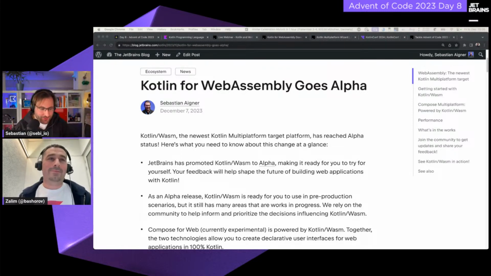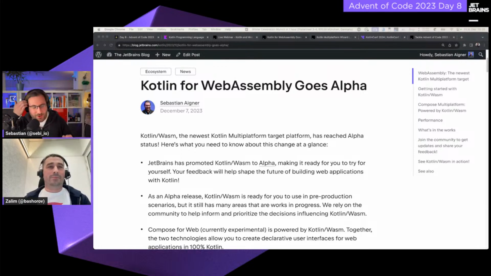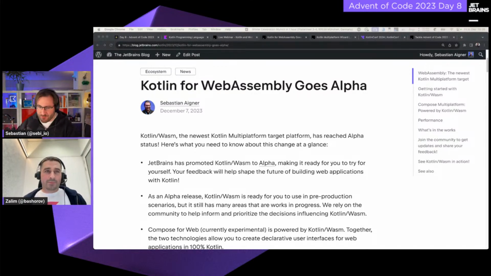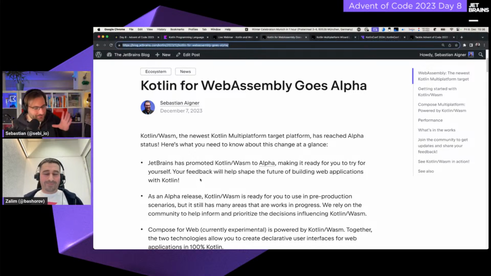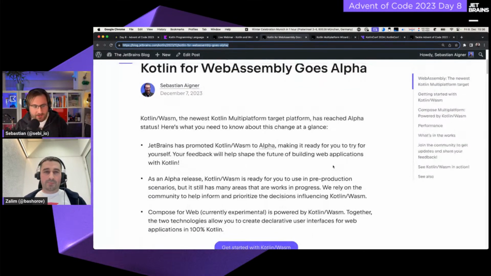That much I've been told, and I'm very excited about this. But of course, we do encourage you to start your own Kotlin for WebAssembly journey, maybe after the stream. So do stick around. But up until then, or when that time rolls around, I'd encourage you to maybe read